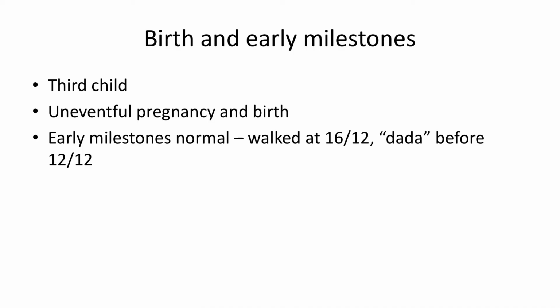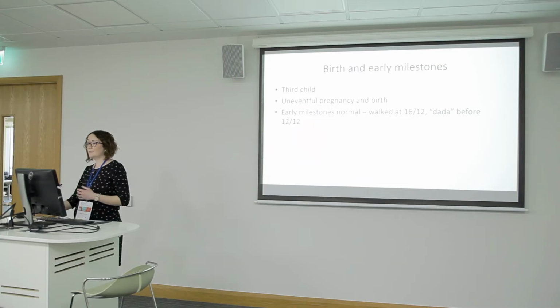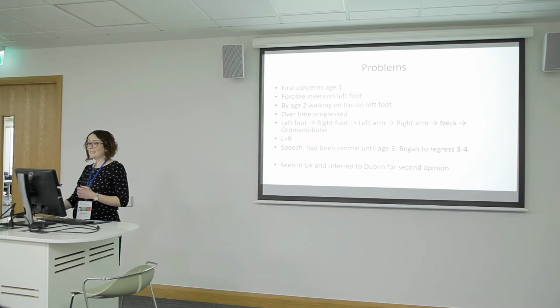So that's when we first met her, and her story was that she was the third child of her parents. The other children were well. The pregnancy and birth, everything was fine. Her early milestones were all normal. She seemed to be developing normally. She walked at 16 months. Her first words were before the age of a year, and everything was fine, really, until the age of 1,